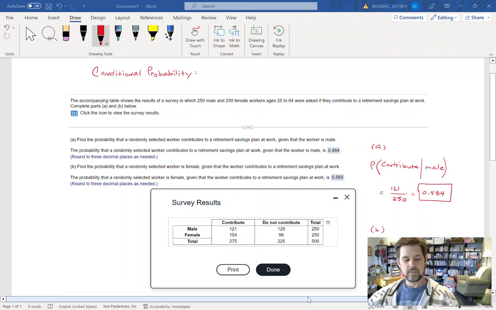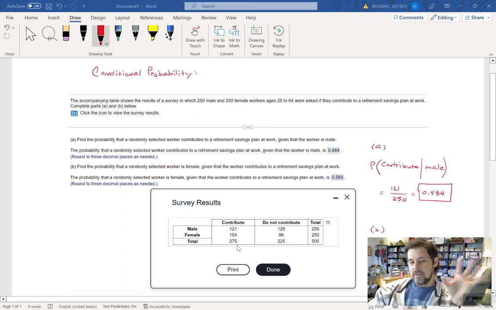Hello everybody. Here's another example that came to my attention today, and this one is about conditional probability. We're given some data and it's divided into four groups, I guess you could say. There's males and females, and then there's those that contributed to a retirement plan and those that didn't. Okay? Alright. Two questions. First is find the probability that a randomly selected worker contributes to the retirement plan given